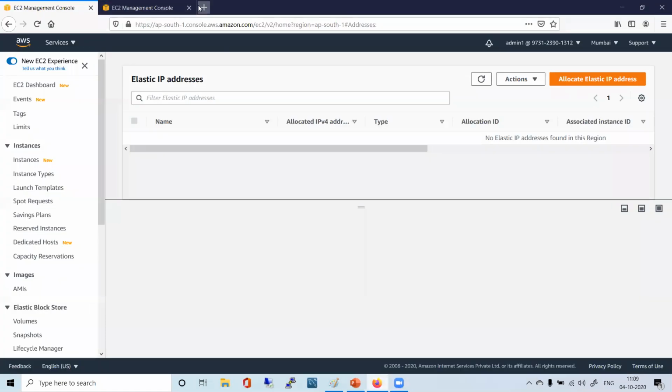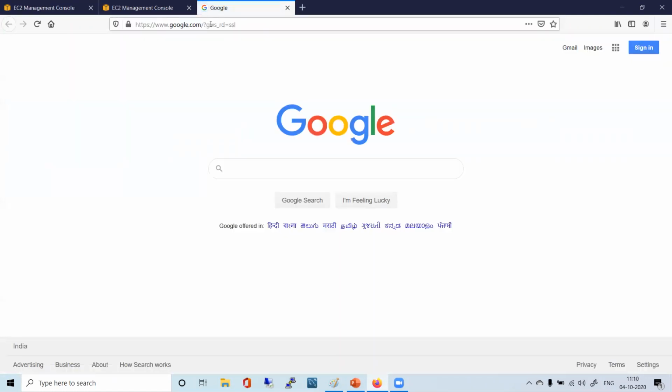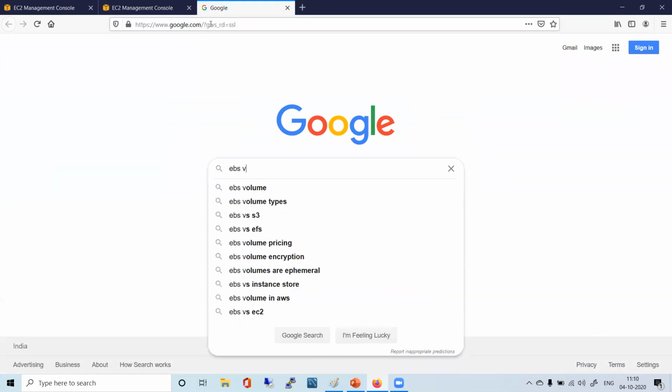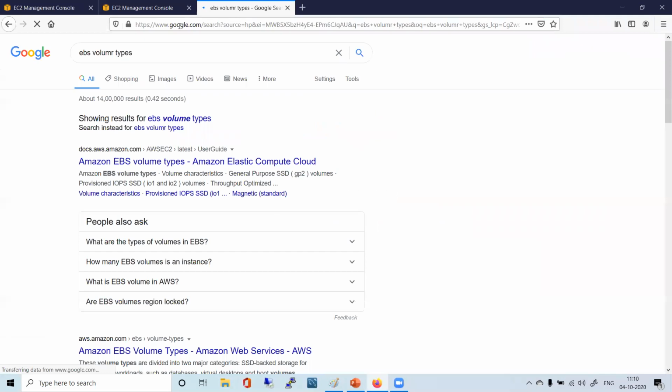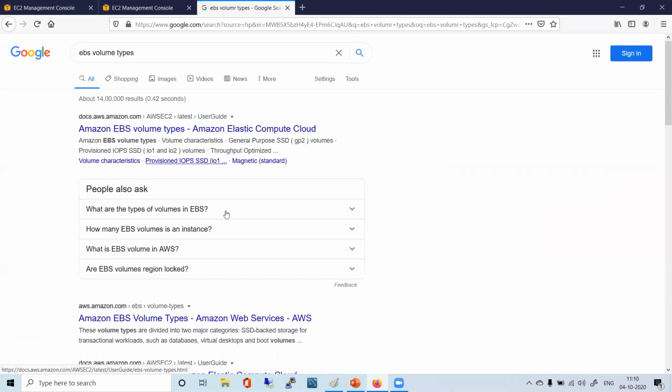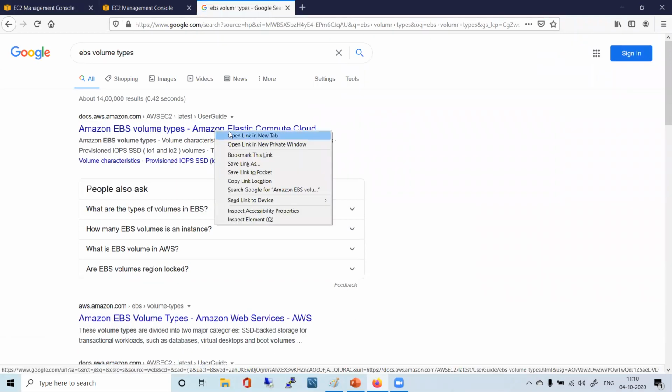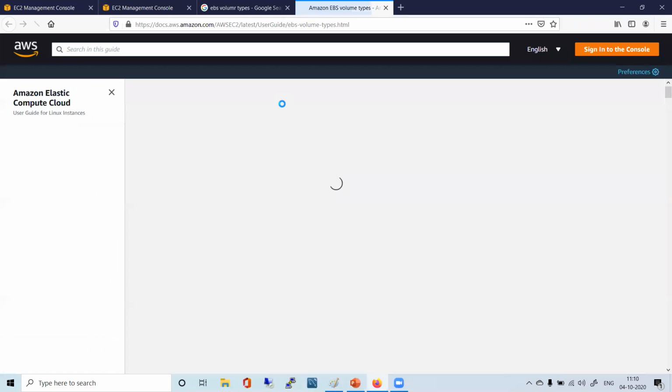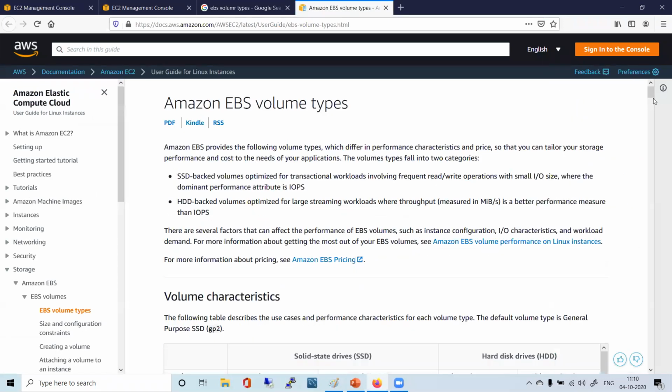I'll just try to find the link one more time for you. It should be EBS volume types. Just look for EBS volume types. So this is the one. Go through it in detail.